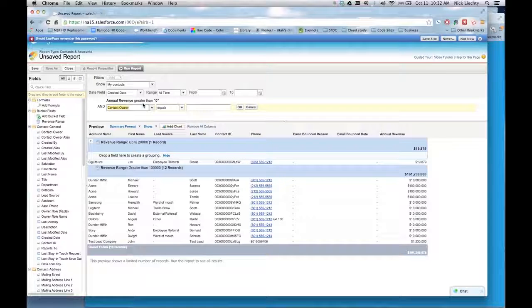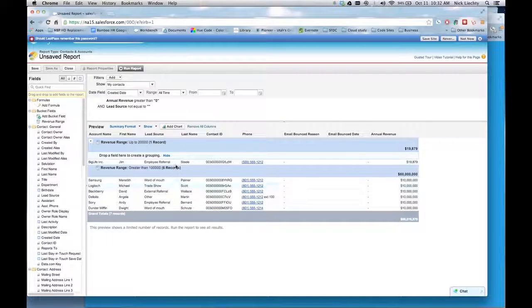So let's add another filter. Let's see, I only want to see records that have a lead source. I want to see information about my accounts that have revenue that I know where they came from. So let's say, again, we're going to type in here lead, and it went right to lead source. Lead source is not equal to, and I'm going to leave that blank, and then click OK. And so it has narrowed that down